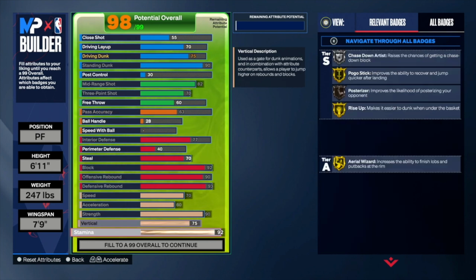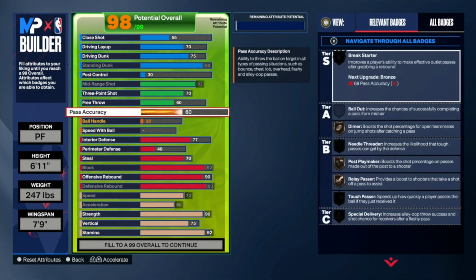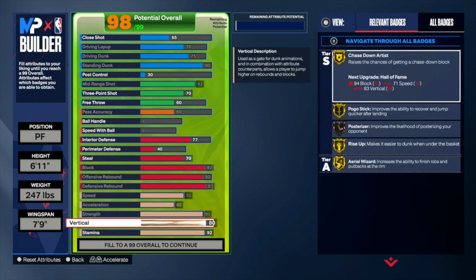And also, if you want to have Chase Down Artist on gold, all you have to do is put your pass accuracy down to a 60, take out your ball handle, and upgrade your vertical to 80. And you got Chase Down Artist on gold. You guys are able to upgrade way more things. But